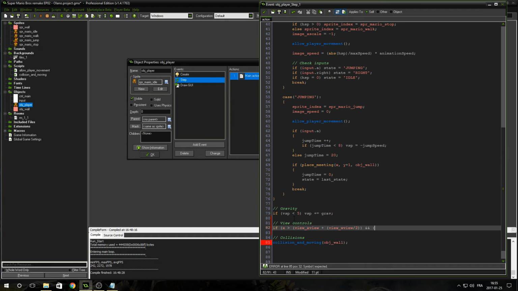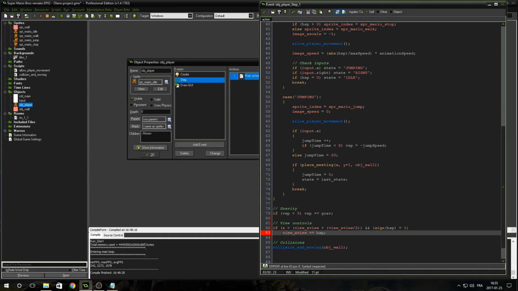And we also want to check the direction the player is going in. So if sign HSP is equal to 1, meaning that we are going right, then we go ahead and say